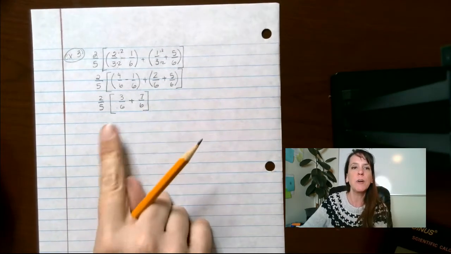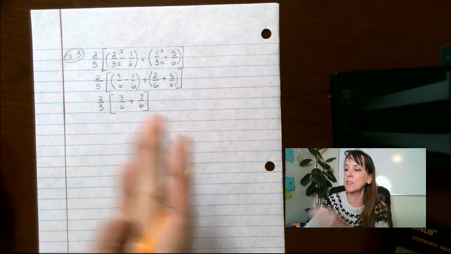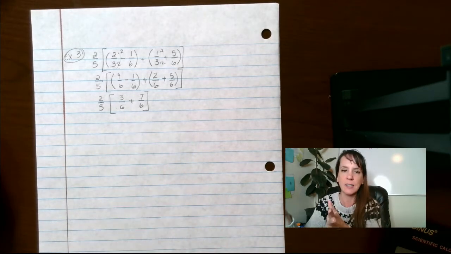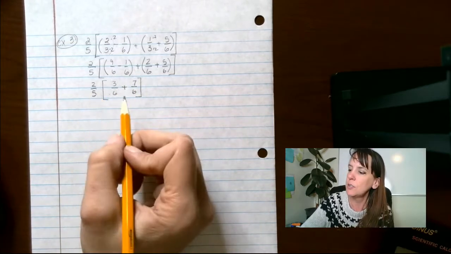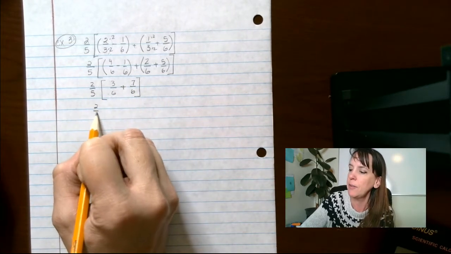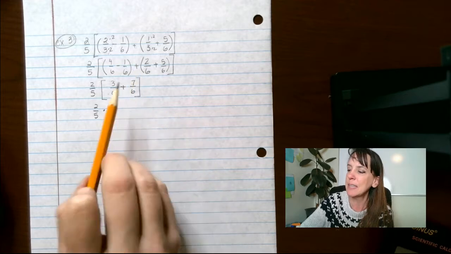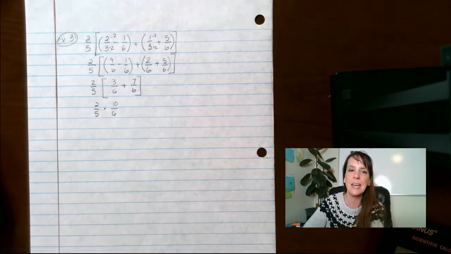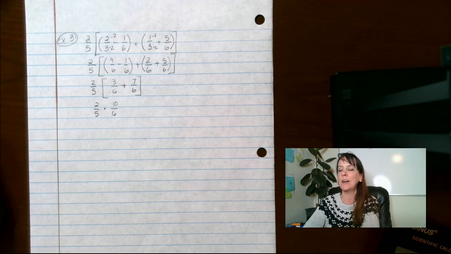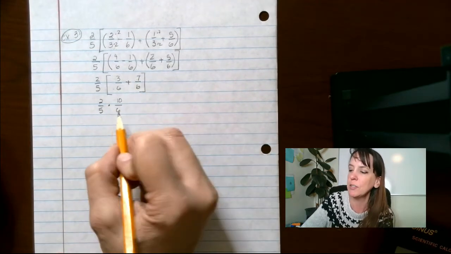Beautiful. So we're going to do everything that's in those brackets now. Now, notice I have the brackets, but I don't have any parentheses on the inside. That's totally fine. Sometimes that happens, okay? So we're going to do 2/5 times, that's going to be 10 over 6. 10 over 6. And we can reduce that down, but in the meantime, what we can also do is, if